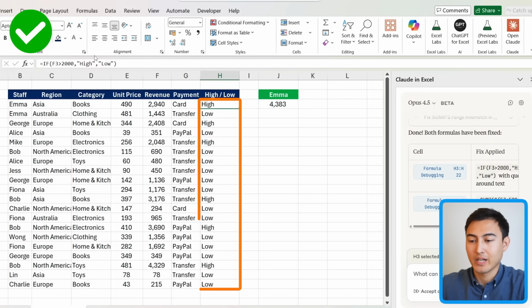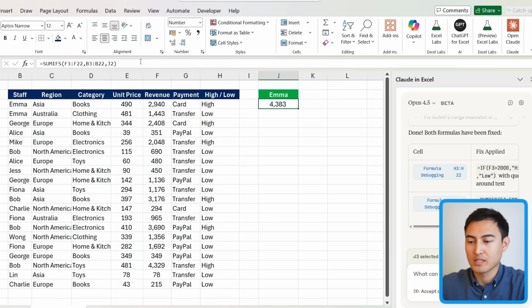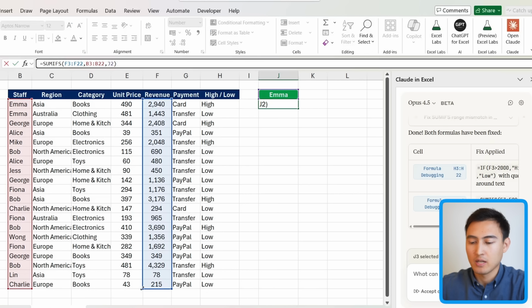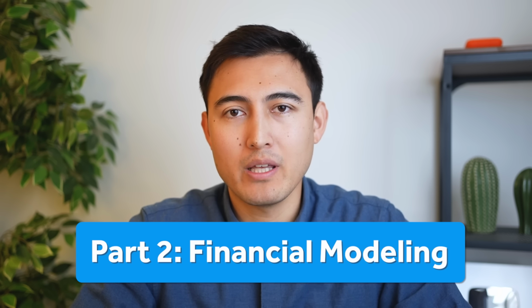Awesome, so you can see it's corrected this part with quotations, and for this other one, it selected the relevant range by removing that last selection. So far, so good, and now let's go over financial modeling, which is supposed to be one of its big